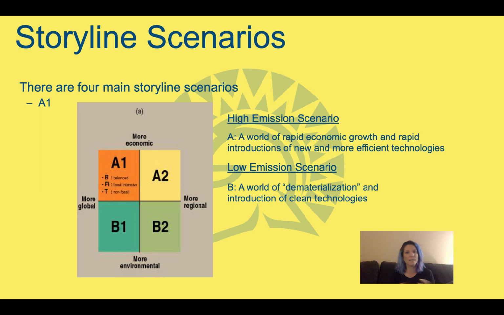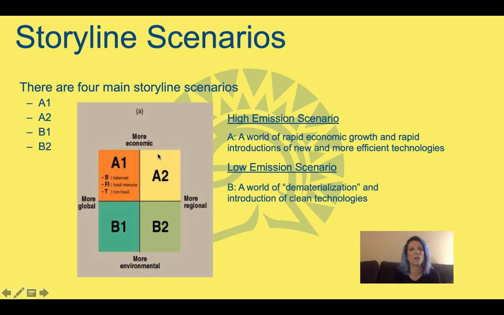So it kind of depends on how our world evolves through time and what the story of our planet actually looks like between now and 2050. There are four main storyline scenarios. We have A1, A2, B1, and B2. And if you see, we have it set up on a quadrant type of